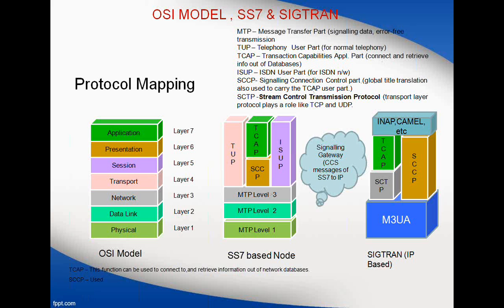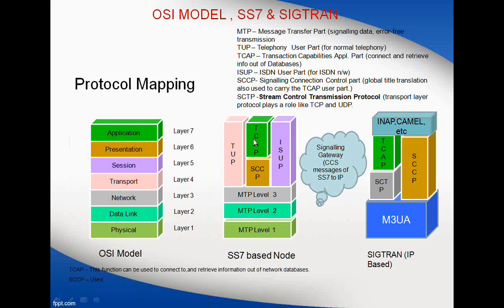This global title translation is nothing but, whenever you take care of the routing within the network, you have to follow some kind of global translation to make the routing easier. When I say easier, I mean to be compatible within the network components or network architecture. It is an internal translation which happens in the case of routing alone. That is what this SCCP takes care of, and this SCCP is also going to take and transmit these TCAP messages.